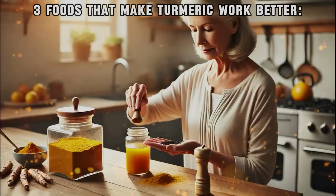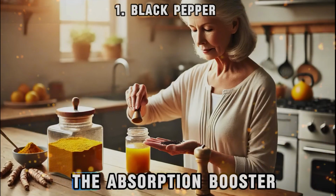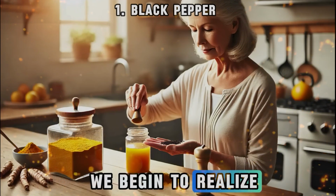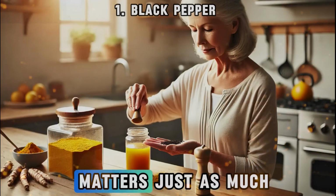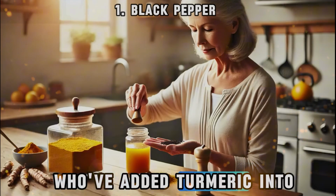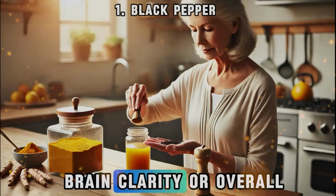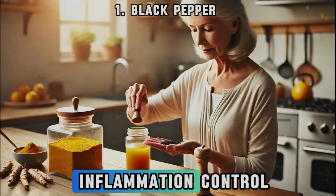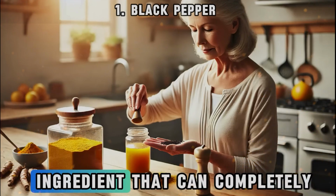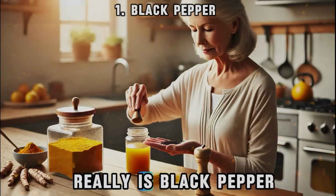3 foods that make turmeric work better. 1. Black pepper, the absorption booster. As we grow older, we begin to realize that how we nourish our bodies matters just as much as what we put into them. For seniors who've added turmeric into their daily routines, whether for joint support, brain clarity, or overall inflammation control, there's one simple, often overlooked ingredient that can completely change how effective that golden spice really is: